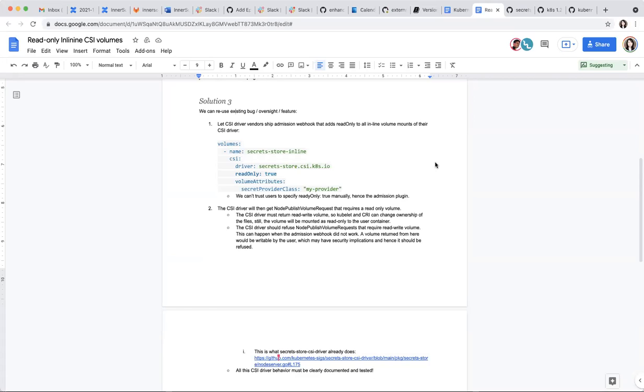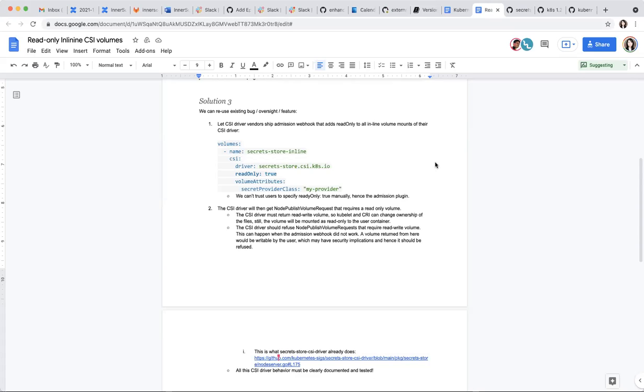So I think you're saying that it's driver vendors ship this. Okay, so it's not like a generic admissions workgroup. Driver will help you do the thing. Yeah, like driver depends on some behavior of kubelet, which is not obvious, I would say. But I thought we are trying to get drivers not to write this kind of thing.